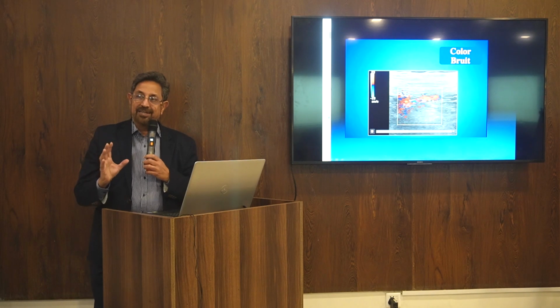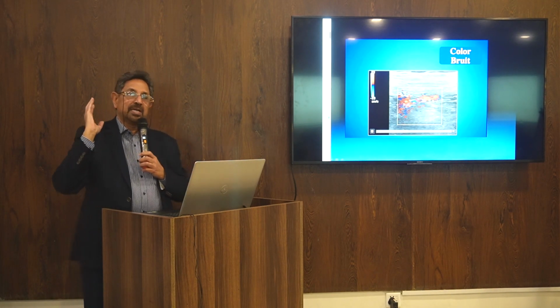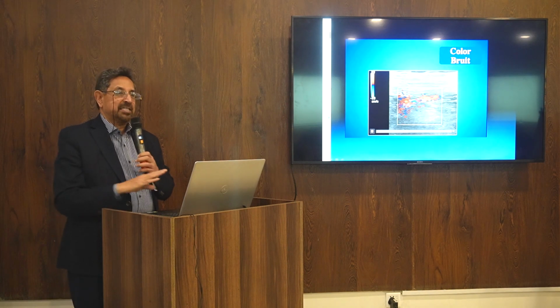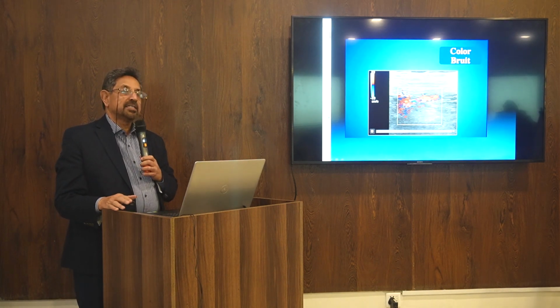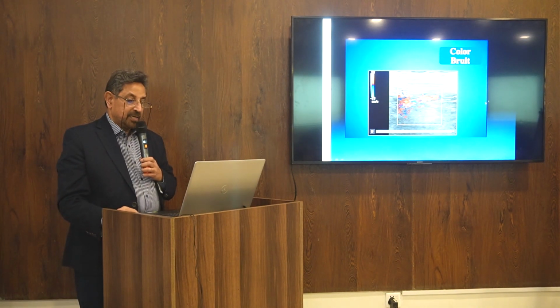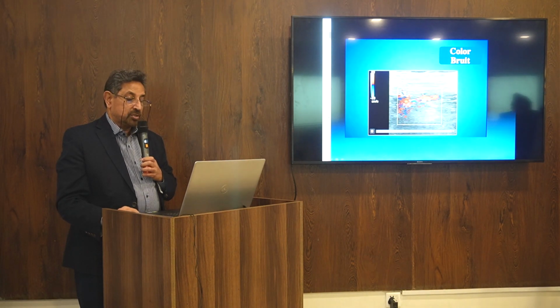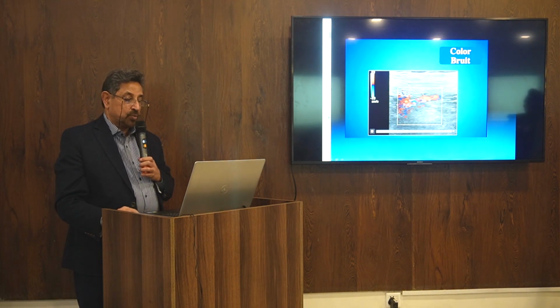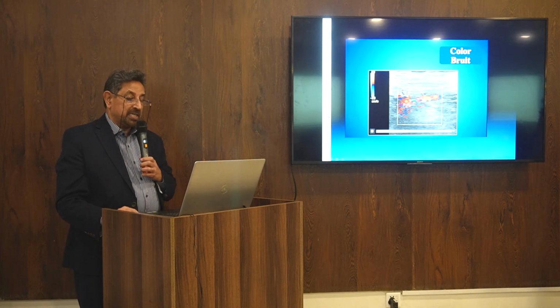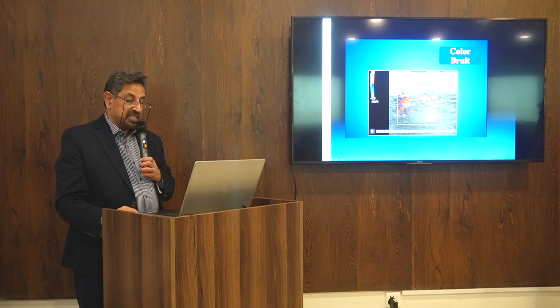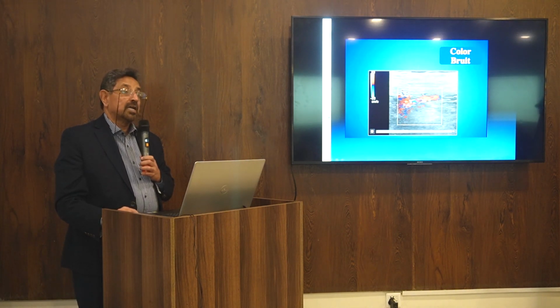Like a venomous snake, an angry river with water splashing. In the same manner, that vessel is producing so much thrill, the blood passing through it, that the tissue around it is vibrating, and that vibration gives you this color. You see, this is called color bruit.